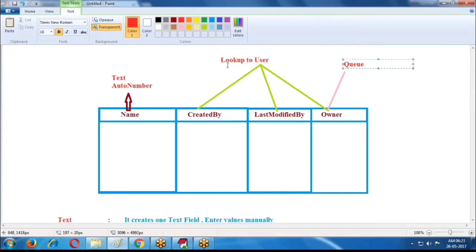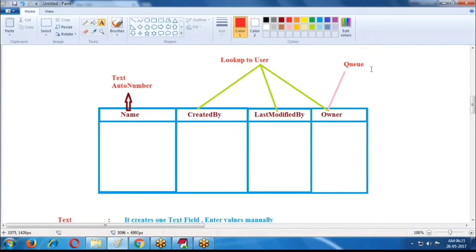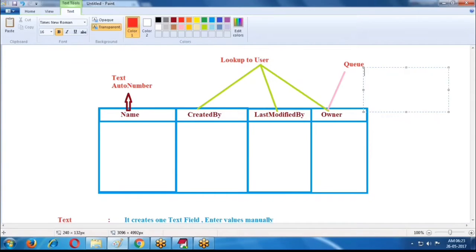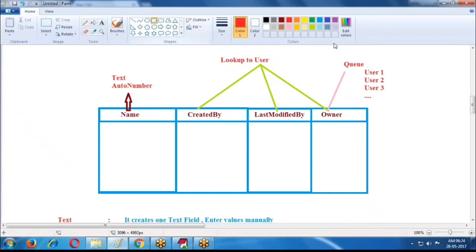Q type also. It is only a single user, otherwise Q is nothing but a group of users. User 1, user 2, user 3, like this, multiple users we create as one group.